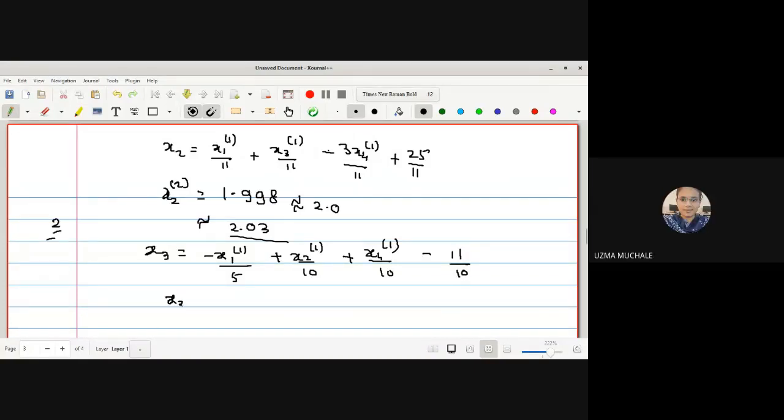Right, x3 is equal to, calculate and tell me after putting all these values. First answer is minus 0.98. Okay, so the value of x3 in the second iteration we got as